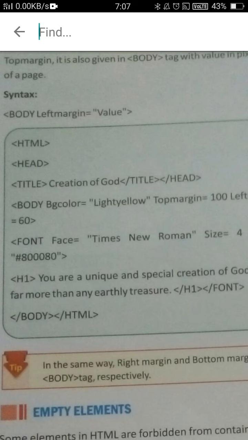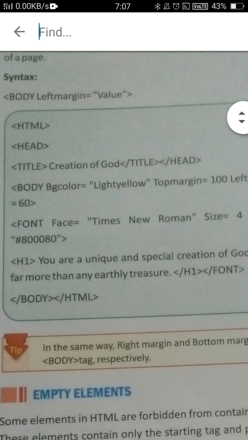This is used for defining the active color of the link, meaning whenever we click on the link, the color gets changed. As soon as we click, you will see that the color is changing. That is alink, active link. By defining alink, you can give the color of the active link.